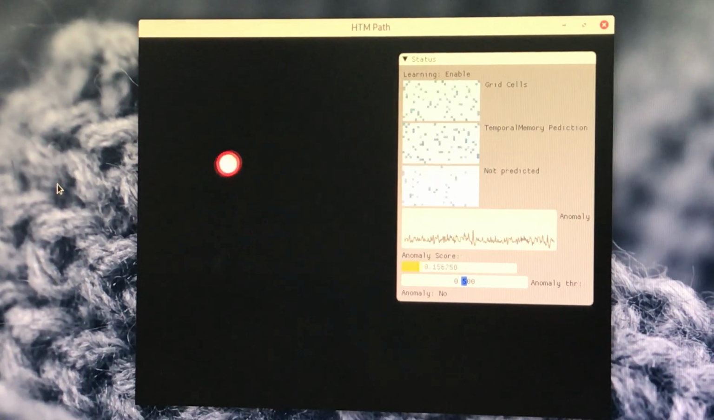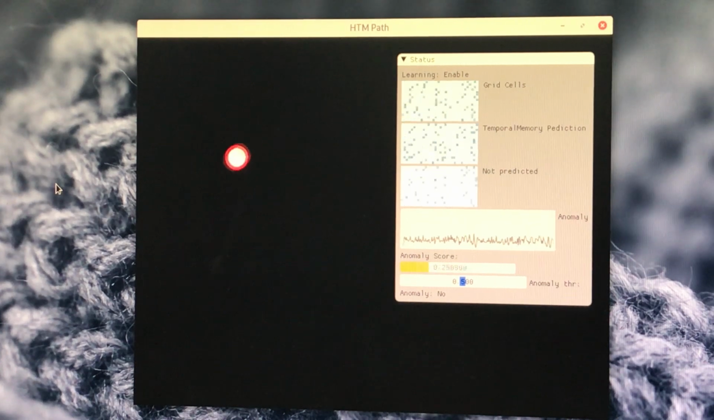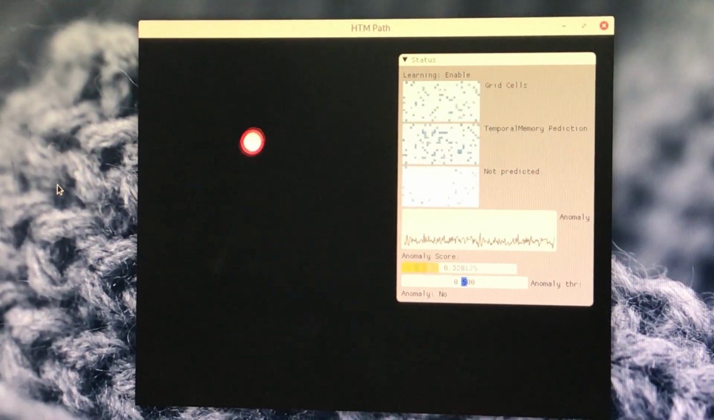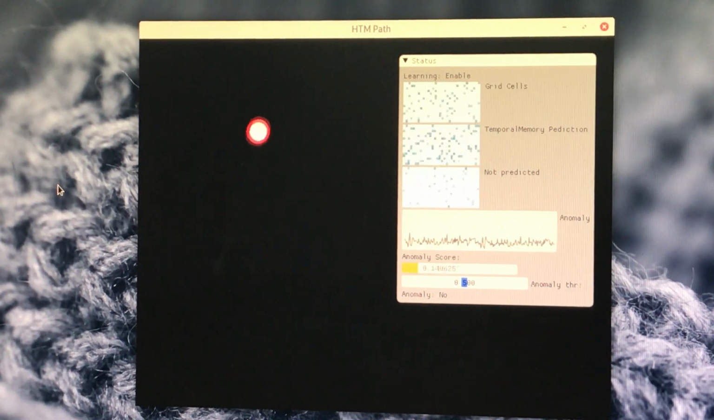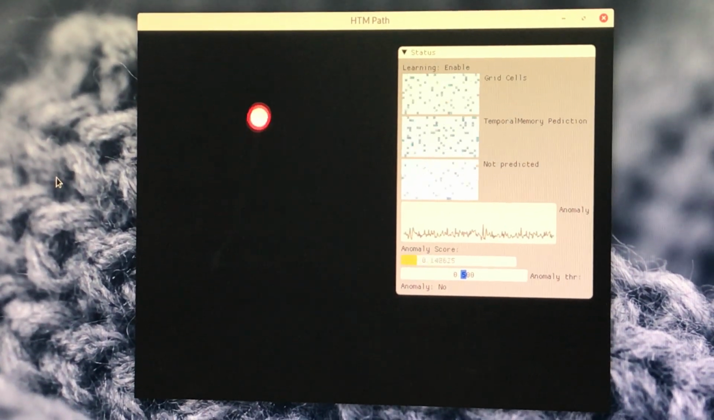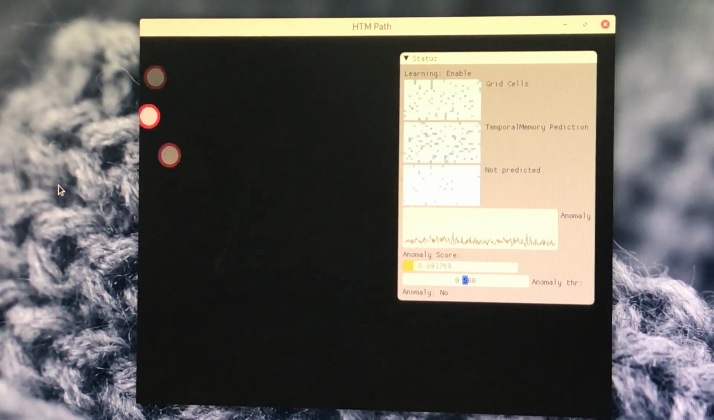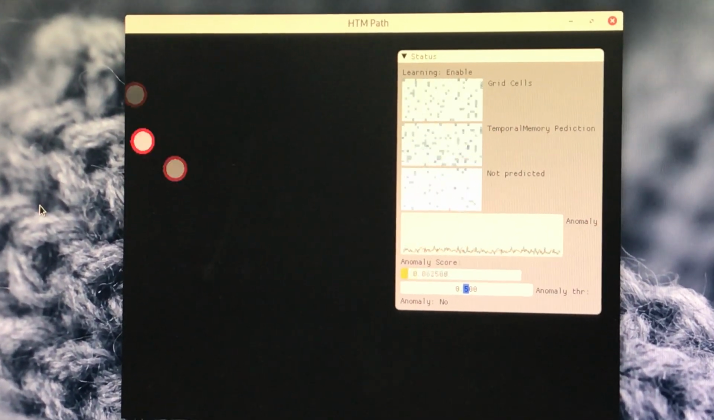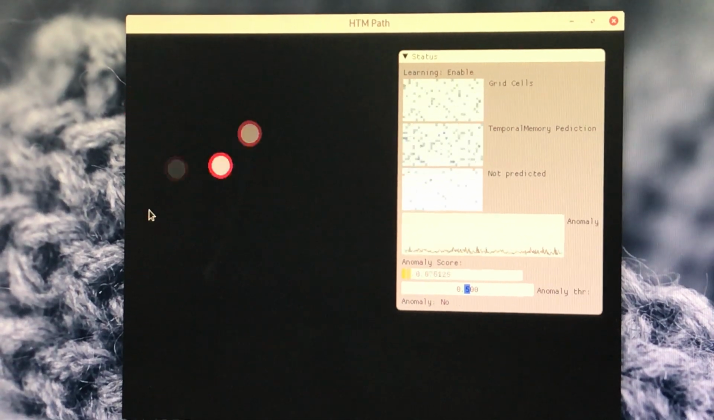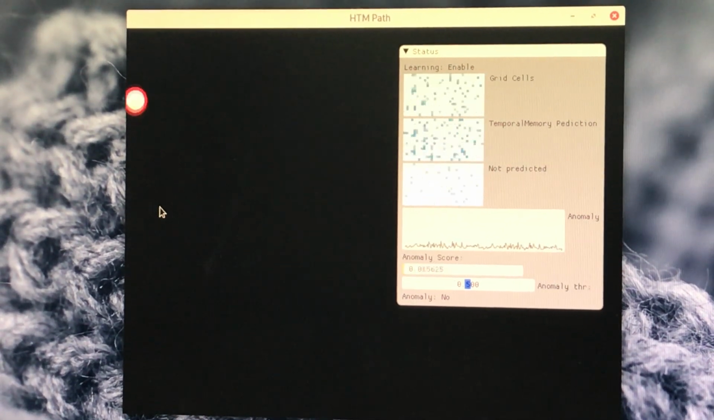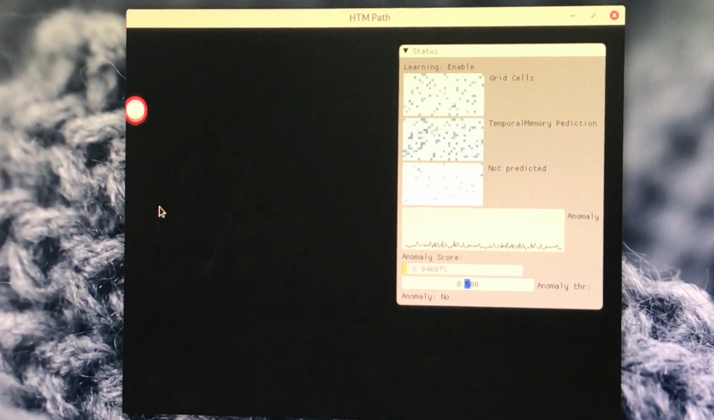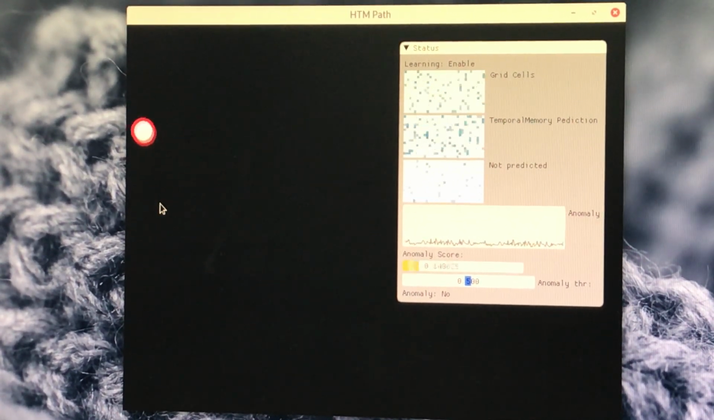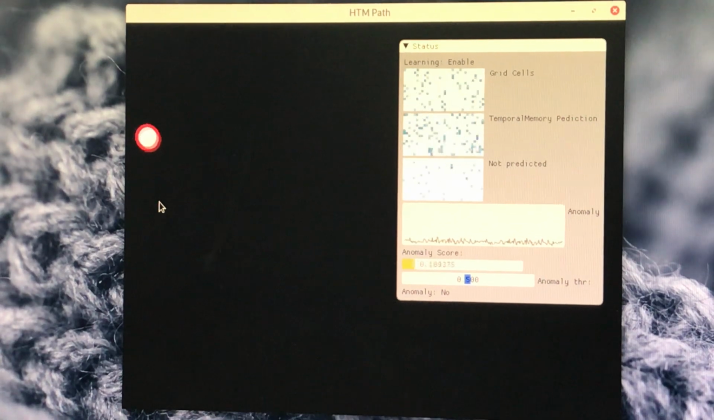okay, the algorithm has just started learning, so you see the anomaly score is quite high. For the sake of time, we'll be accelerating this process, and it shouldn't take more than a few seconds for the anomaly score to drop to acceptable ranges, which is like now. The algorithm learns really, really fast. Now the anomaly score is really low, and we could try to inject anomalies into the path, like